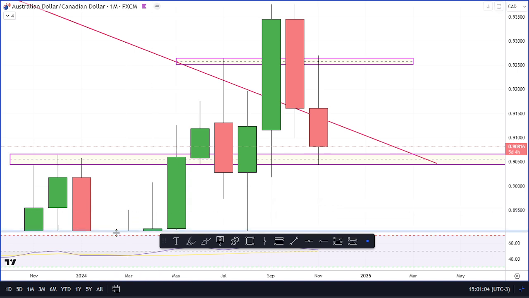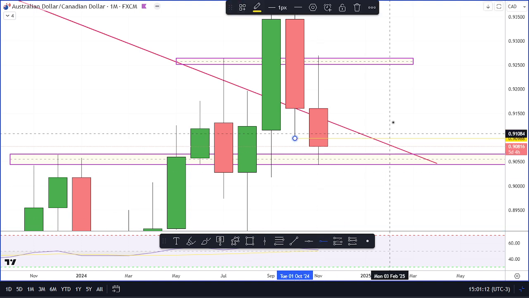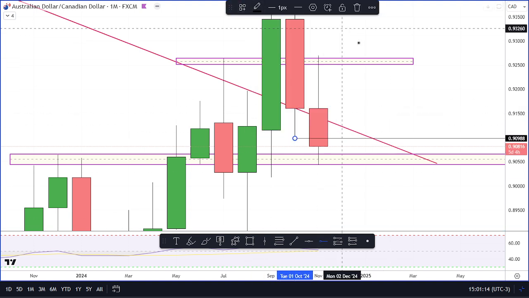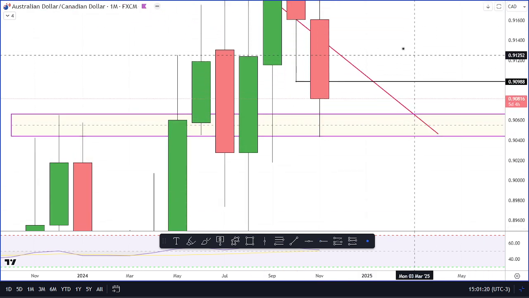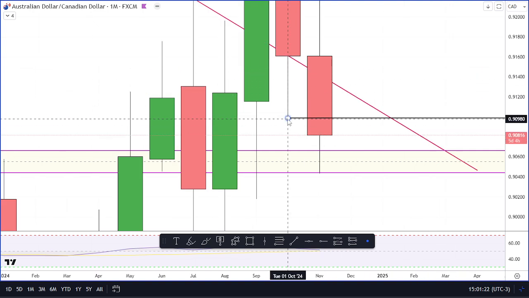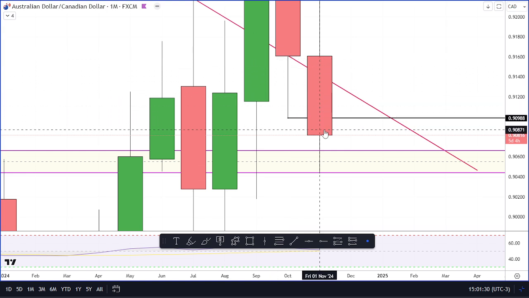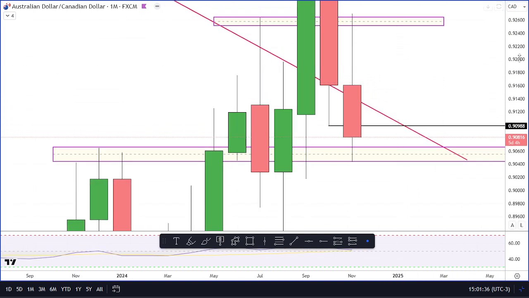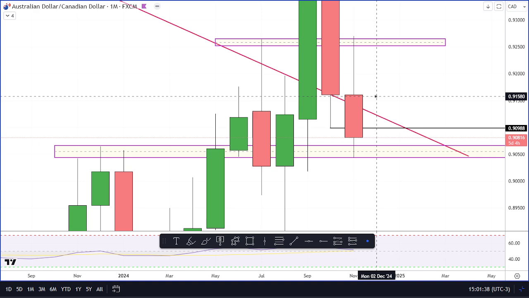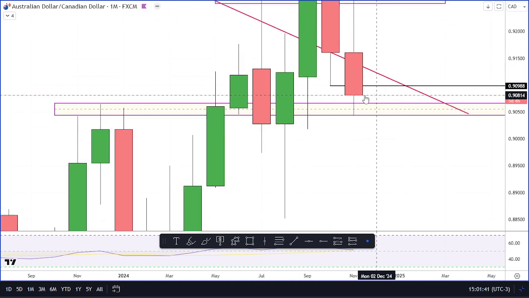If the market should close, if this market on the monthly time frame should close below this previous October candle low right here, if the November candle closes below it, that will be a signal for the continuation of the sell. All right, guys, that is going to be a signal,